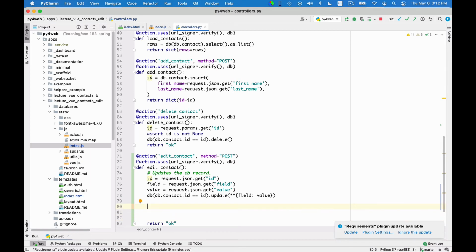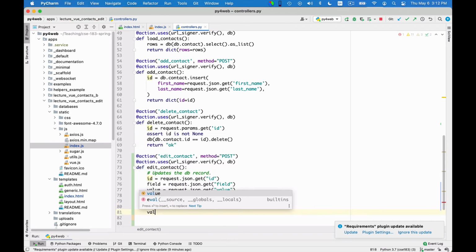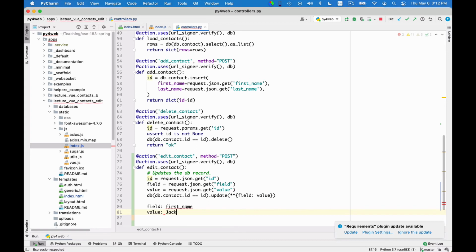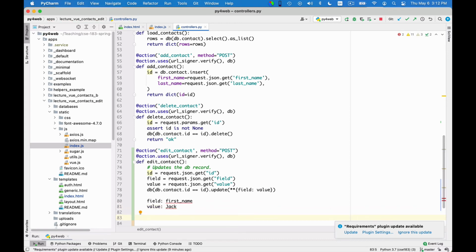Imagine that field is the string first name, okay? And imagine that value is Jack, okay? So what gets produced? This field colon value is going to generate a dictionary that is essentially first name, and the value is Jack.